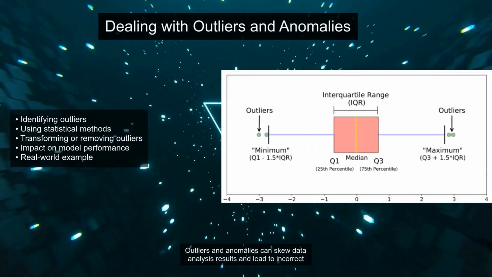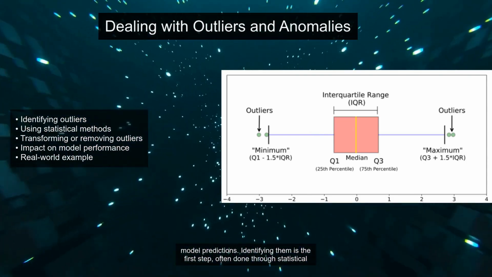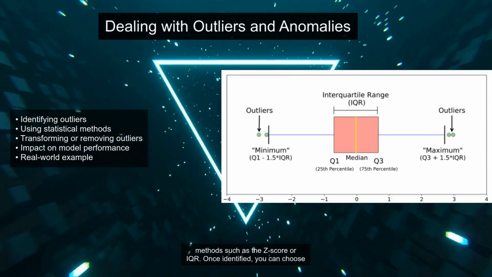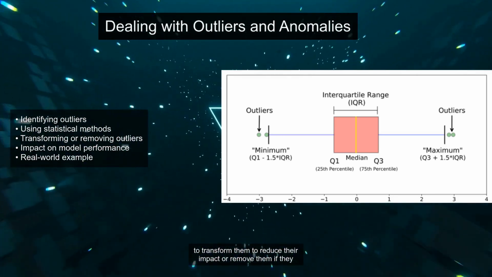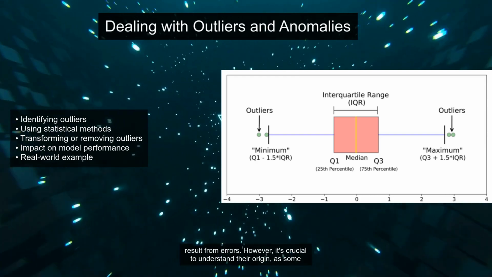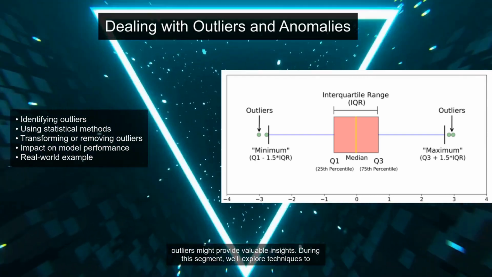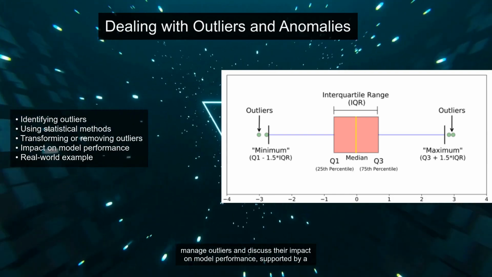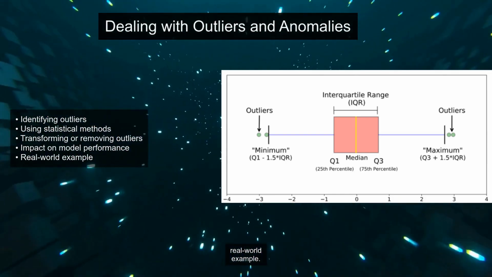Outliers and anomalies can skew data analysis results and lead to incorrect model predictions. Identifying them is the first step, often done through statistical methods such as the z-score or IQR. Once identified, you can choose to transform them to reduce their impact or remove them if they result from errors. However, it's crucial to understand their origin, as some outliers might provide valuable insights. During this segment, we'll explore techniques to manage outliers and discuss their impact on model performance, supported by a real-world